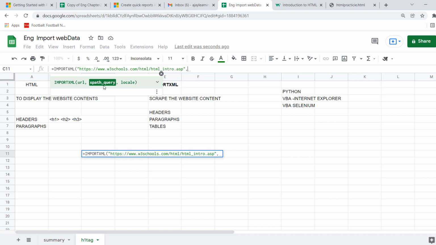Many times, I have seen that when people talk about XPath, they take you to XPath articles. I guess that is not really required. XPath is very important when you want to understand something using programming languages. But when it comes to writing the XPath in the import XML function, you really don't need to read any article on that. However, if